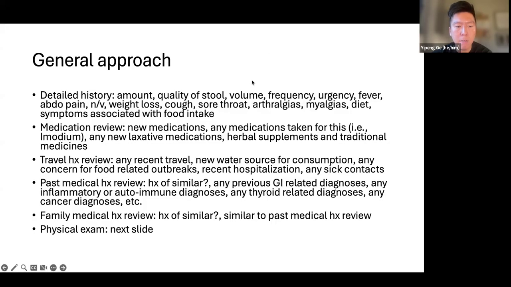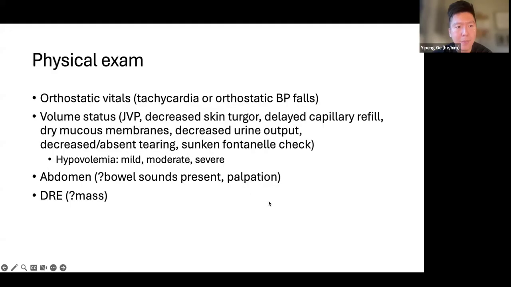A family medical history review as well. So, similar kinds of questions. If there are any diagnoses of those things within the family. And so, moving on to the physical exam, quite typically the first thing that we do with a physical exam is